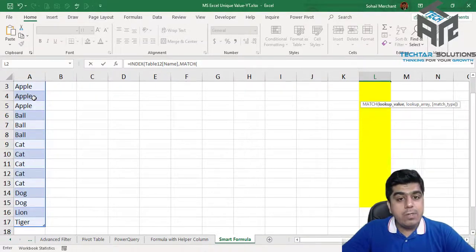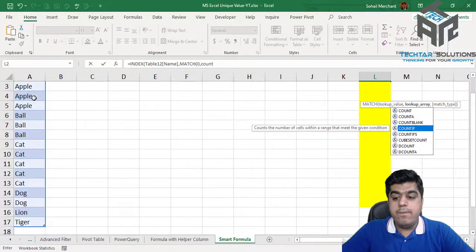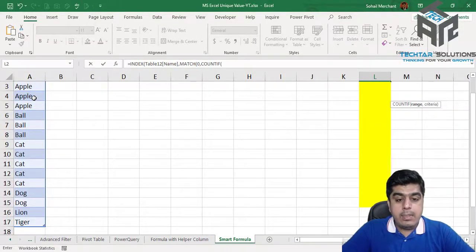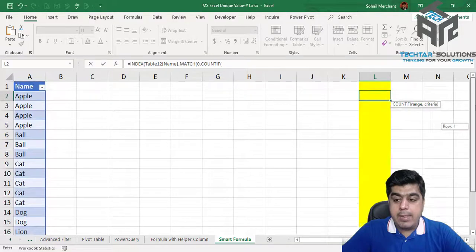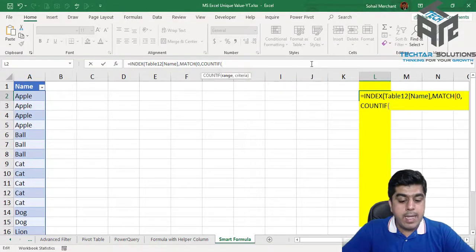Now this 0 will be generated by my lookup array, which is created with the help of the COUNTIF function. So match 0 with my lookup array that will be created by the COUNTIF function, and this will take range from L1